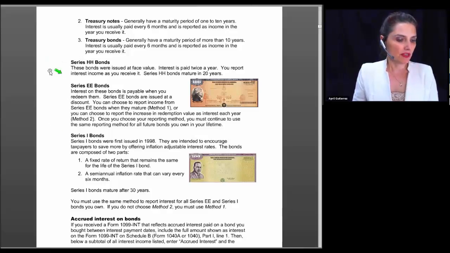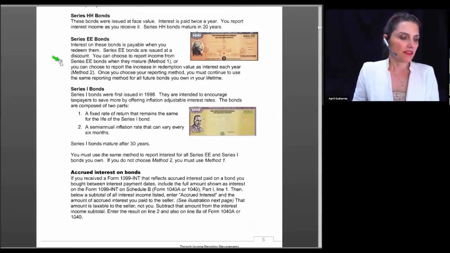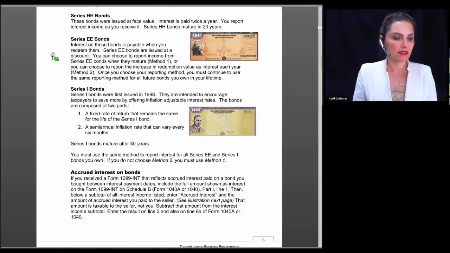Series HH bonds were issued at face value, and interest was paid twice a year. You report interest income as you receive it, and Series HH bonds mature over 20 years. Series EE bonds: interest on these bonds is payable when you redeem them, and Series EE bonds are issued at